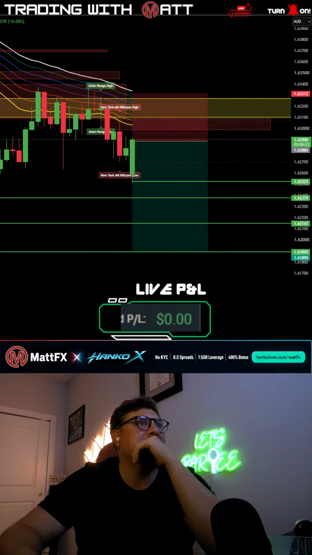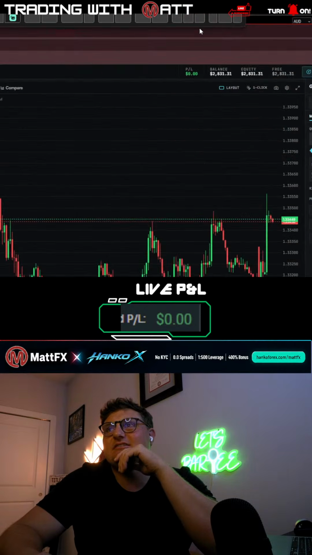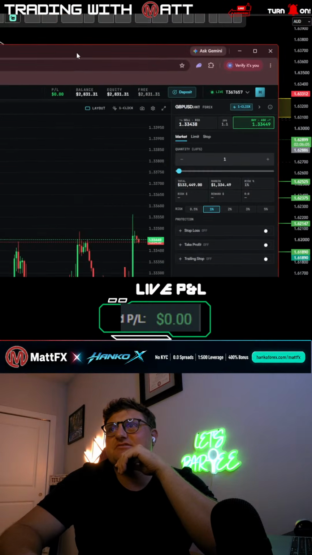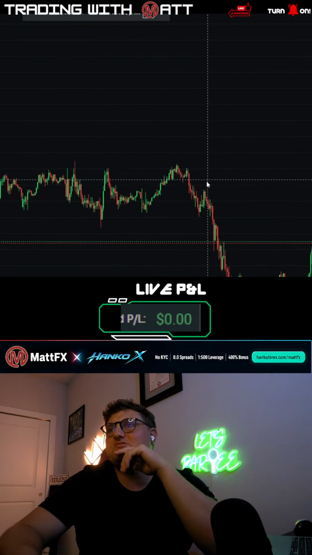I'll tell you what, guys, the new beta Hanko Trade is so sick. You can press what you want to risk. I'm just going to show you guys real quick. You can press what percentage you want to risk right here, and it'll tell you your risk, your reward, your RR, your risk percentage. It shows you everything now, and they made it more digitized, which I like. They brought in one-click trading, which is awesome because everybody has one-click trading. They brought in screenshots. You copy it or download it. They made it so you can go full screen.